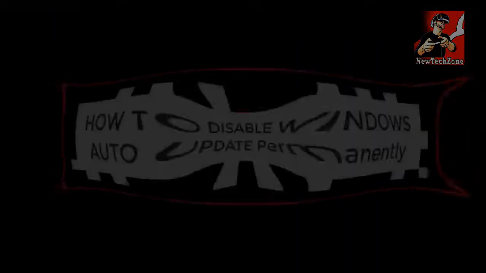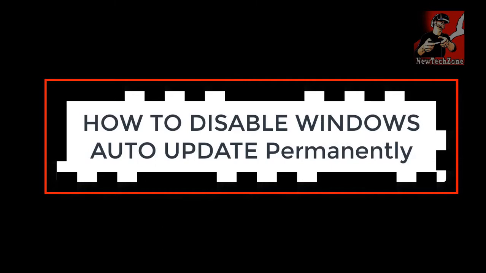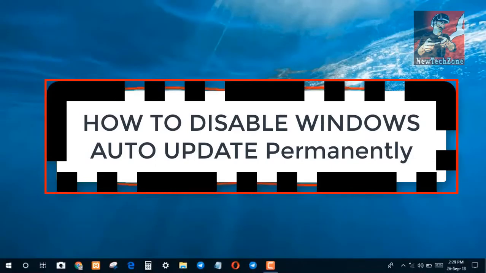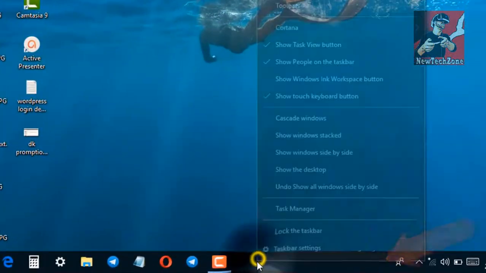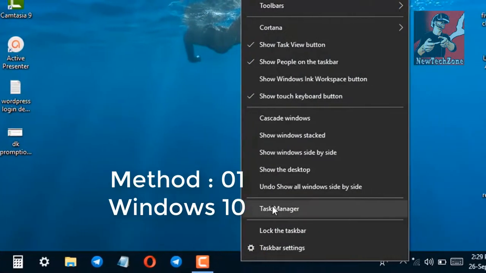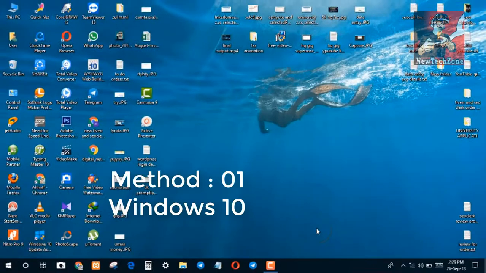Hi guys, in this video guide I am going to show you how to disable Windows Auto Update permanently from your computer. So method 1, right click on your taskbar and click Task Manager,